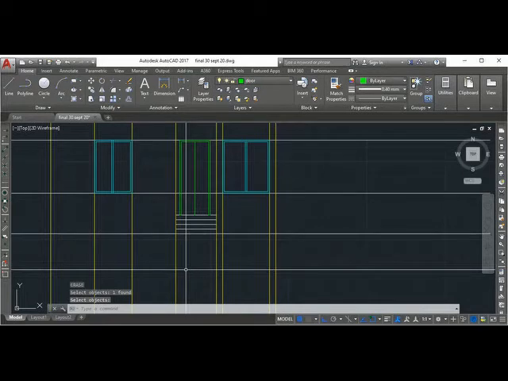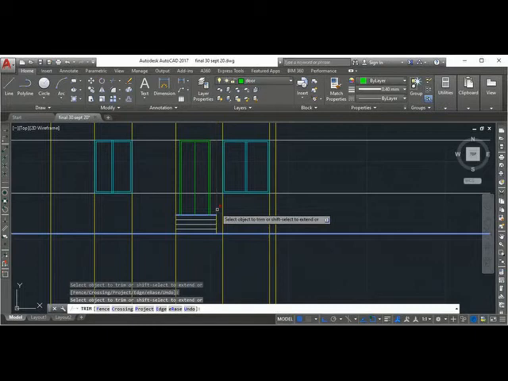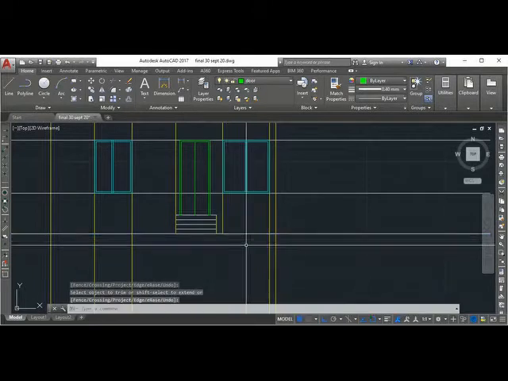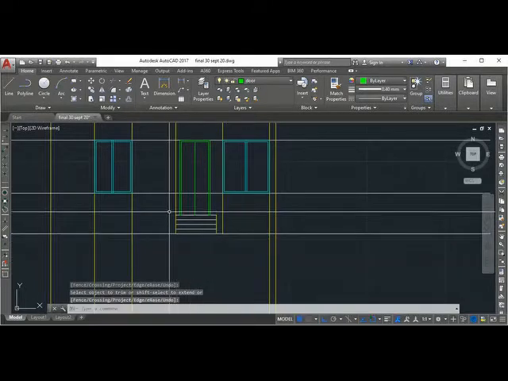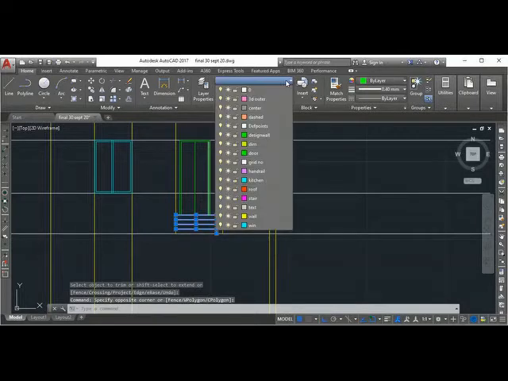Trim. So you can select all these things and change it to steps.